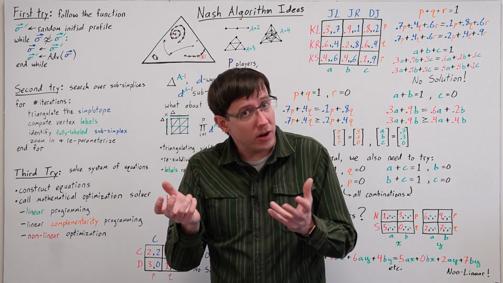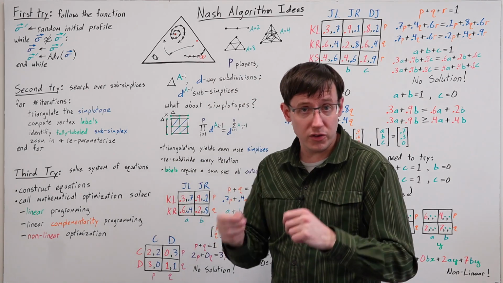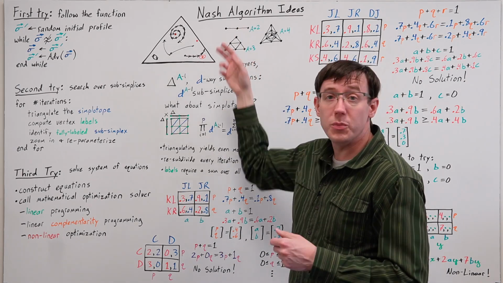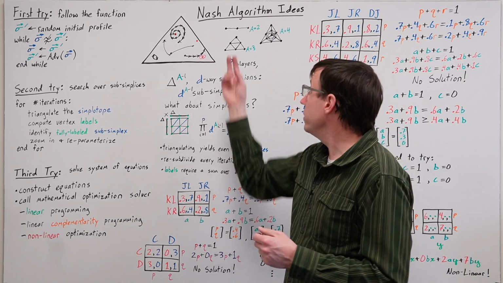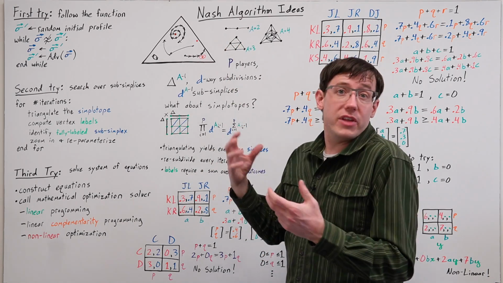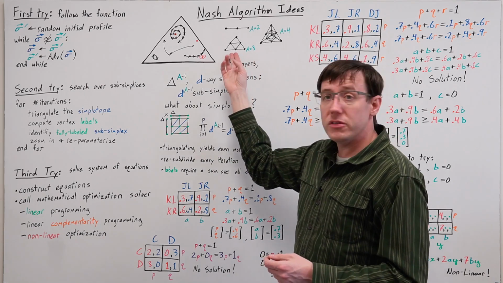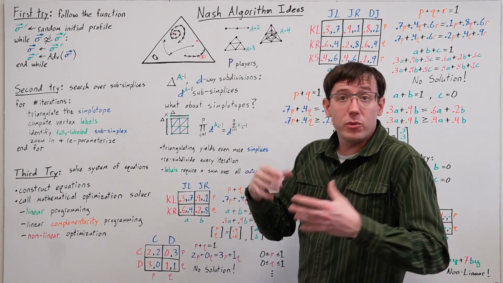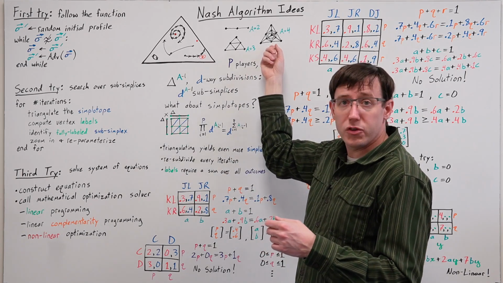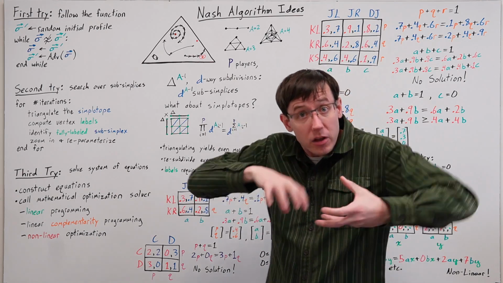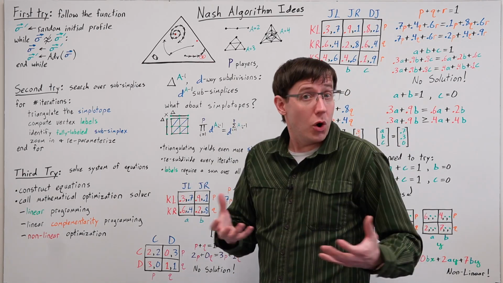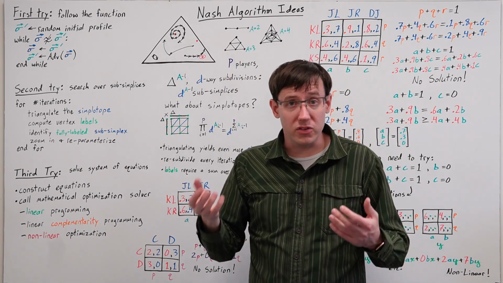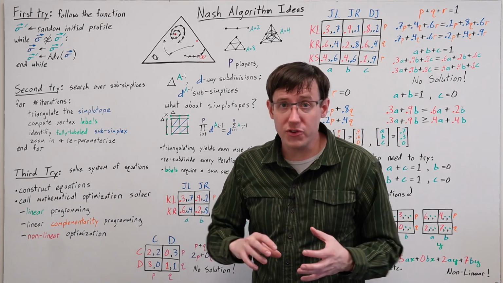And if we start by thinking about just a single player's strategy simplex, if they have two actions, then when we subdivide the simplex, we could get only two subsimplices. But if they have three actions, then the simplest subdivision we could do gives us four subsimplices. And with four actions, the smallest possible simplicial subdivision gives us 8 smaller tetrahedrons. And so hopefully the pattern here is obvious, that as the dimension of the simplex increases, the number of subsimplices